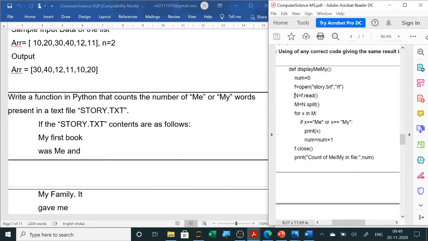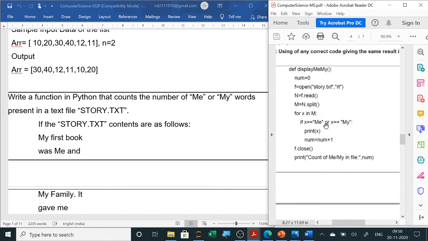Some students directly write n equals f.read().split(), or first read and then split separately. It will read the whole text and then split it into words, giving a list. From the list we will extract one by one and use if to check.